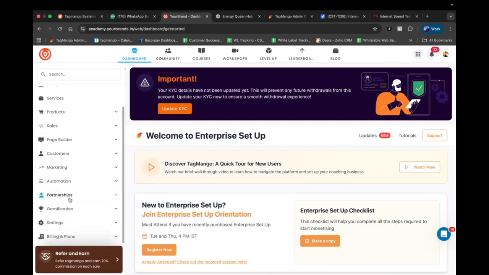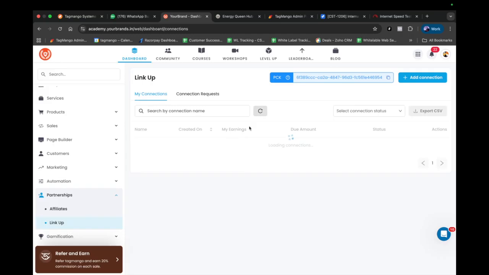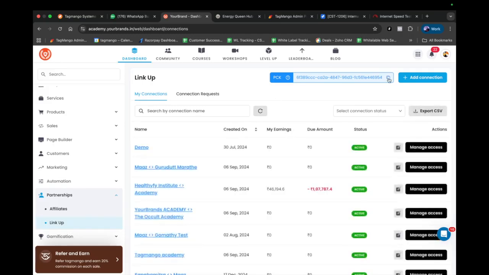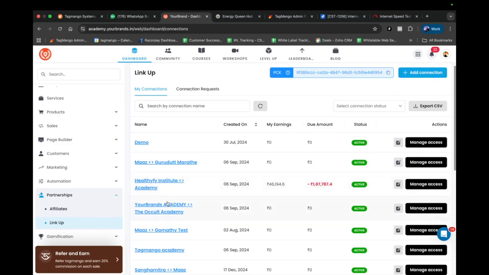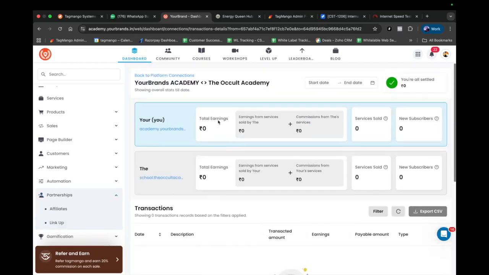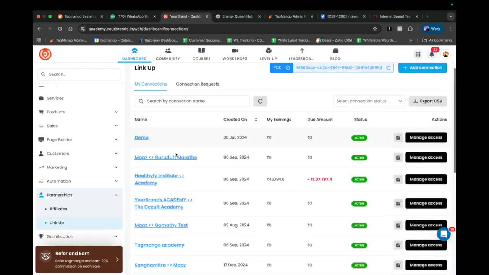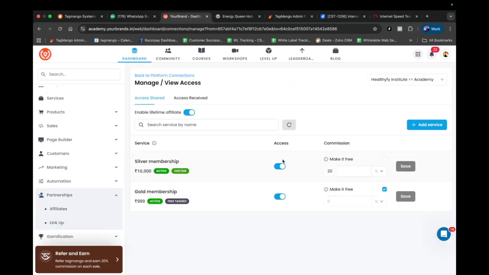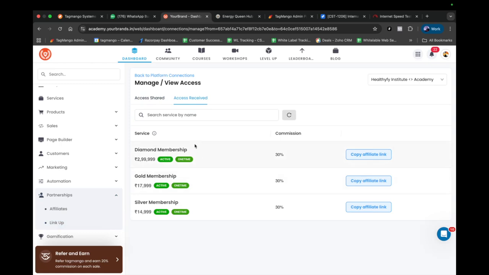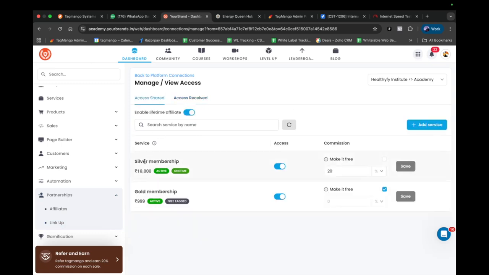It's really, really simple. You simply go to partnerships, you go to link up, and you have your own unique key, right? You share this unique key with the coach you are collaborating with. So it's like a friend request you are sending to them, and they are accepting that. And once that has happened, you will be able to see what are the services that they have allowed to connect, right? So you can see they have allowed to connect silver membership. They have allowed to connect diamond membership, gold membership, silver membership,